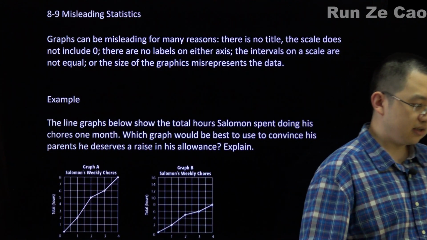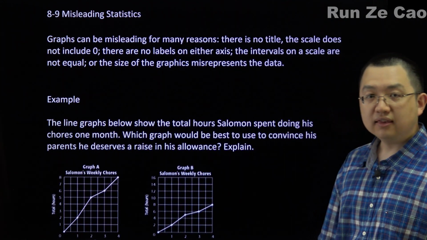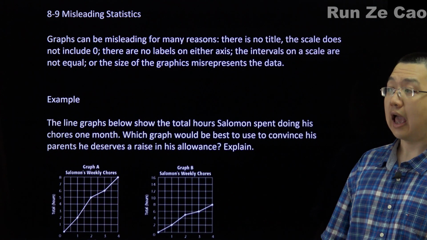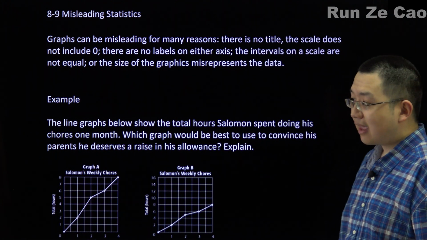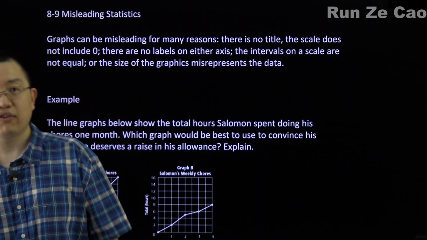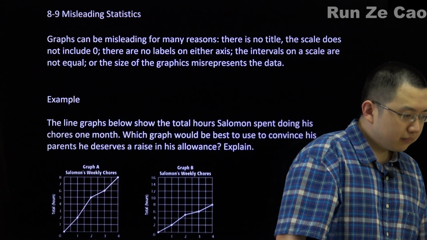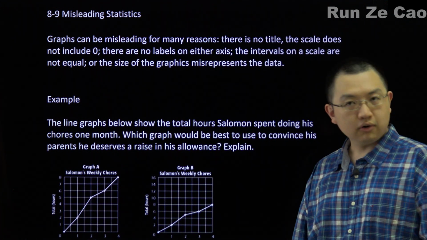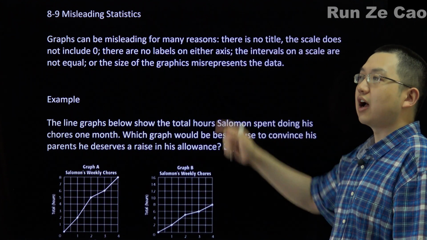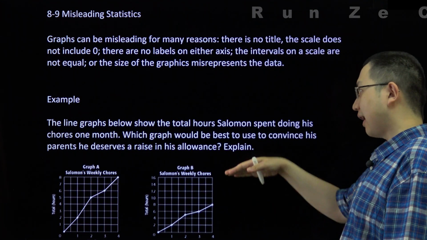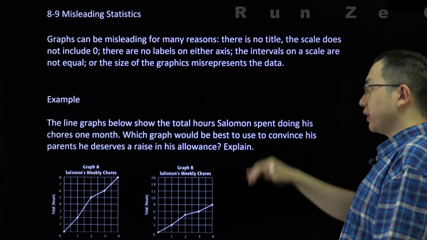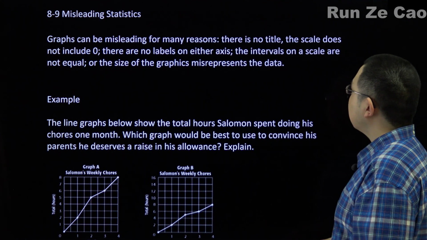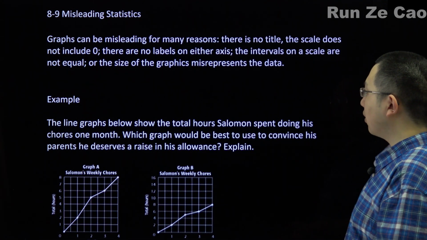Okay, misleading statistics. It is said there are lies, worse lies, and statistics. Because you can present statistics in different ways to say basically whatever you want. Graphs can be misleading for many reasons. There's no title. The scale does not include 0. Like the birds we had in High Park before. Yeah, the scale started at a pretty big number. So really it's not that much of a change, but it looked huge. There are no labels on either axis, the intervals on a scale are not equal, or the size of the